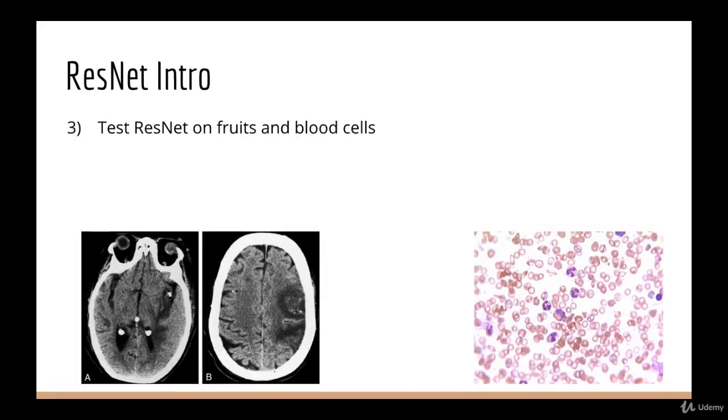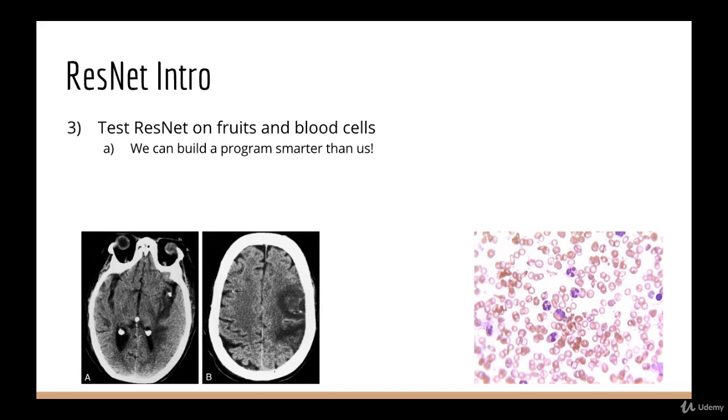Finally, we're going to use ResNet on the fruits dataset, which you saw in the last section, and also a new dataset which looks at images of blood cells. This is really cool because most of us, myself included, probably have no idea what we're looking at when we look at blood cells. So it's kind of interesting that we can already build a program that's smarter than us